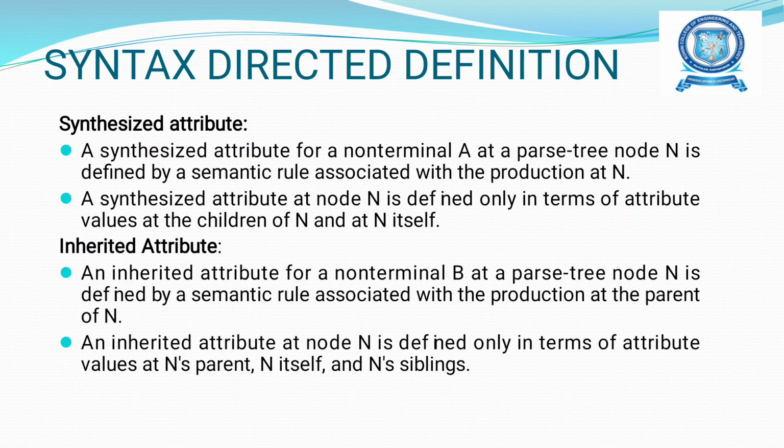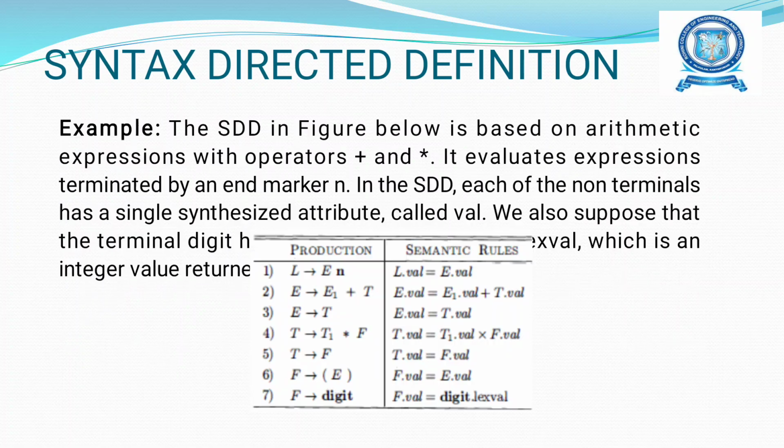In inherited attributes, the value is inherited from the parent node to the child node. So the inherited attribute for a non-terminal B at a parse tree node N is defined by the semantic rules associated with the production at the parent of N. So at the node N it is defined only in terms of attribute values at N's parent, N itself and N's siblings. So for example, an SDD with a synthesized attribute is the evaluation of the particular expression E,